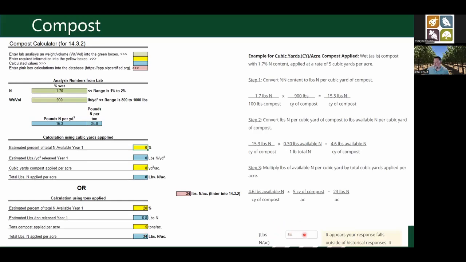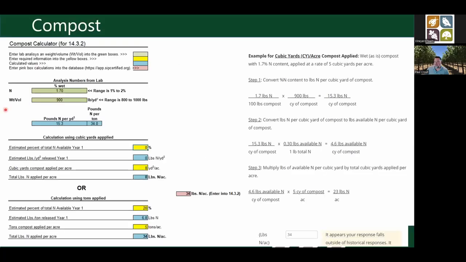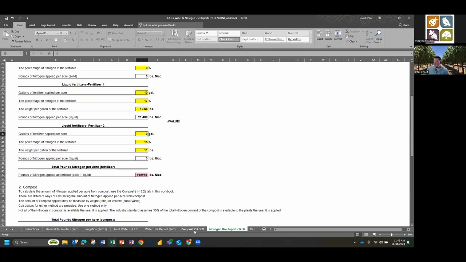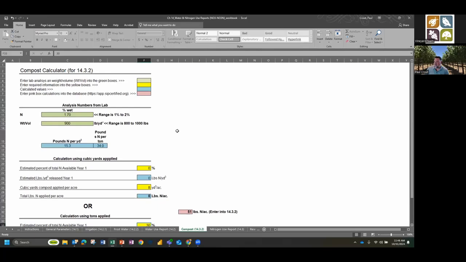And that pounds per acre you will enter in the form. So I'm going to show an example of running the calculator here. Apologies for that. So here's compost right here. Oh, and it's already filled out. So we said, based on our lab report, it was